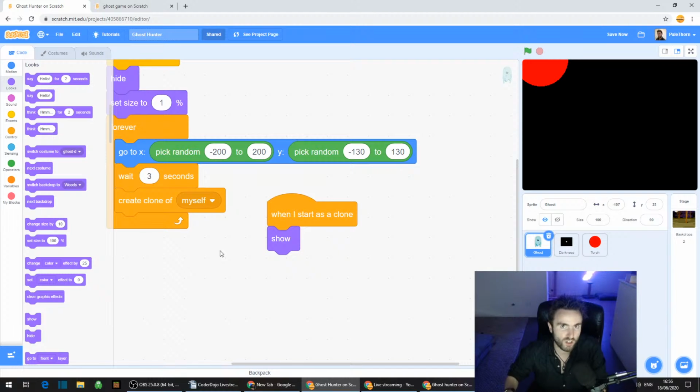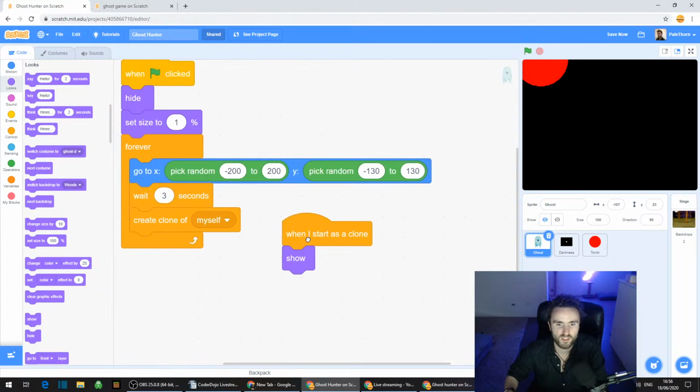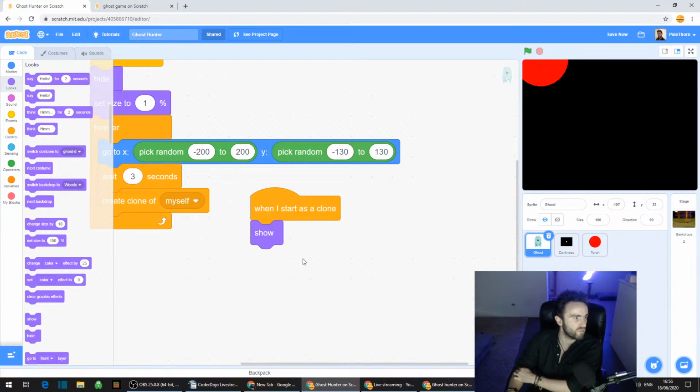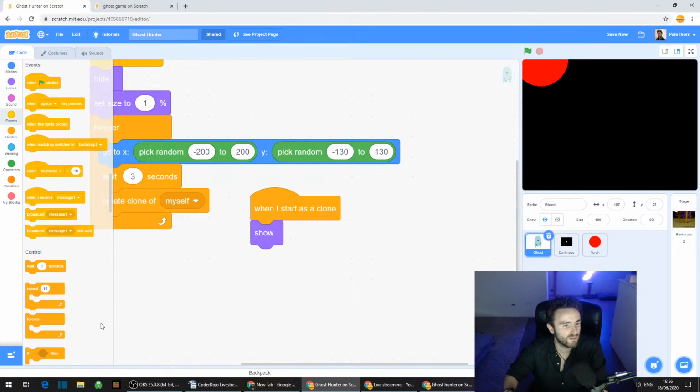How do we do that with our code? If you know the answer, write it in chat now. Have a think about it. I'll give you some time. We've got our when I start as clone show, so we can see them, but they're tiny. So how do we make them get bigger and bigger and bigger? Well, what we're going to do for now